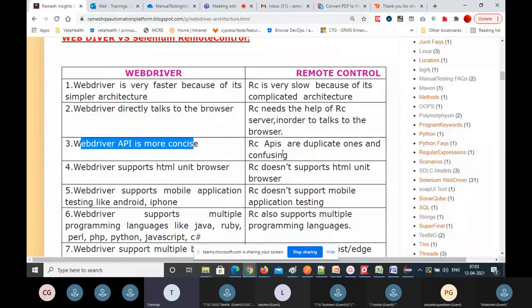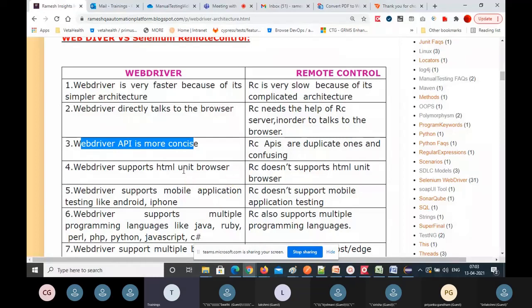Only a single method is provided. In RC, for click, they provided so many click and mouse methods, and you get confused about which one to use and when. But you don't need that confusion in WebDriver, because there is only one method for each task.